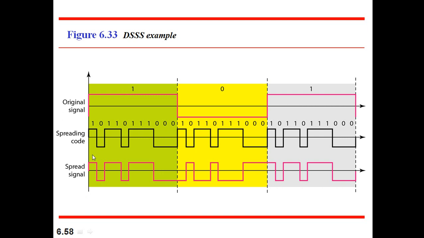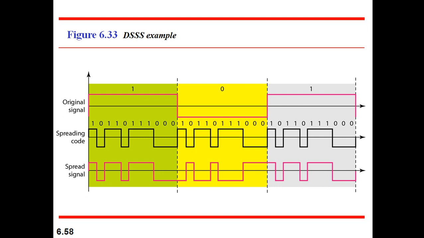In that case, we are getting a 0. Then 1 is XORed with the next bit, which is a 0, and in that case we get a 1 as a result. Then 1 is XORed with 1, and we are getting a 0 here. When it comes to this particular line coding scheme, we are using polar NRZ, that is, non-return to zero.